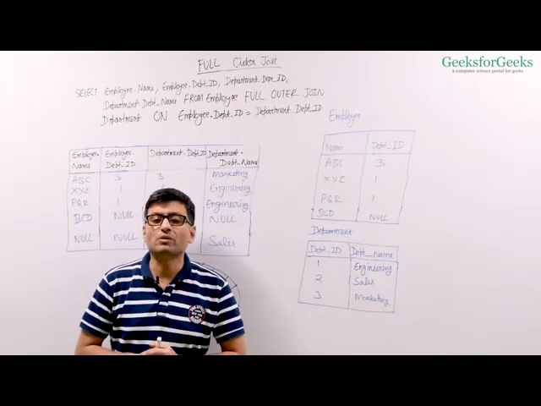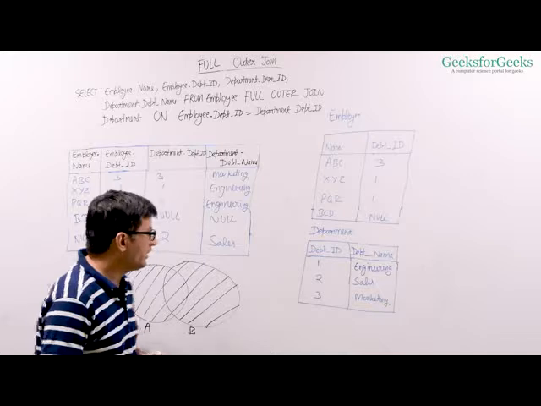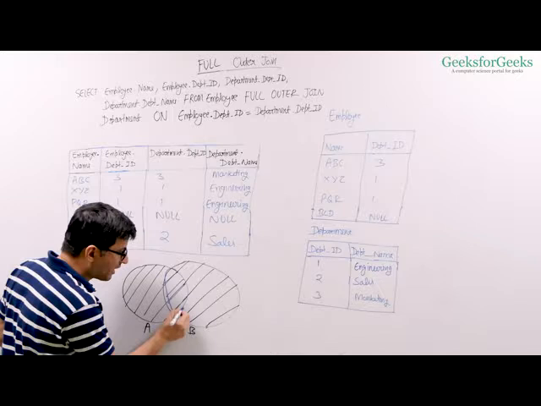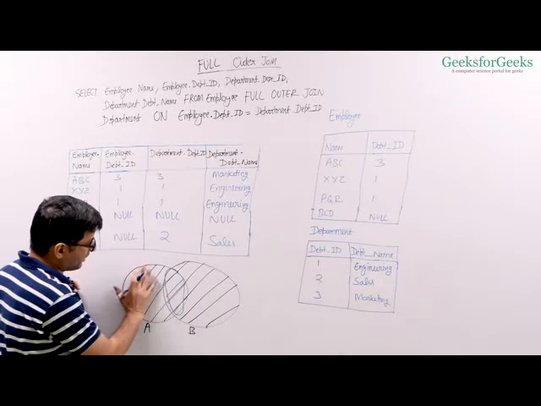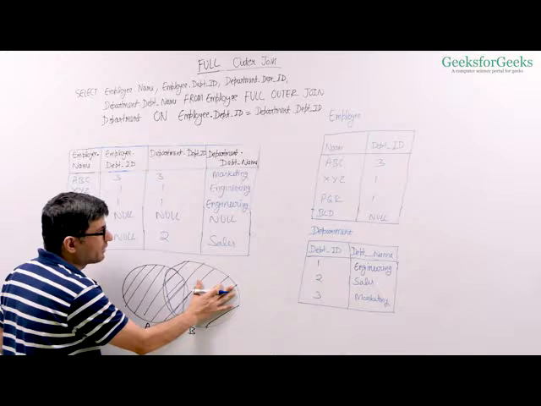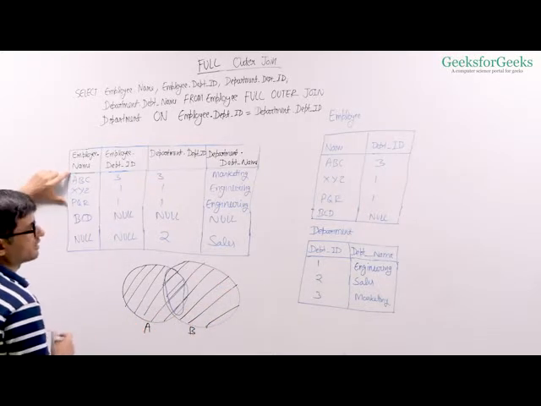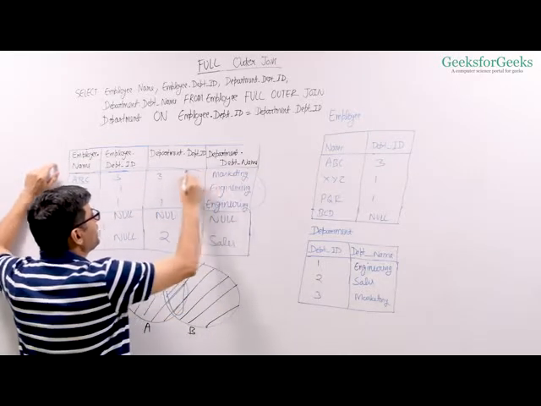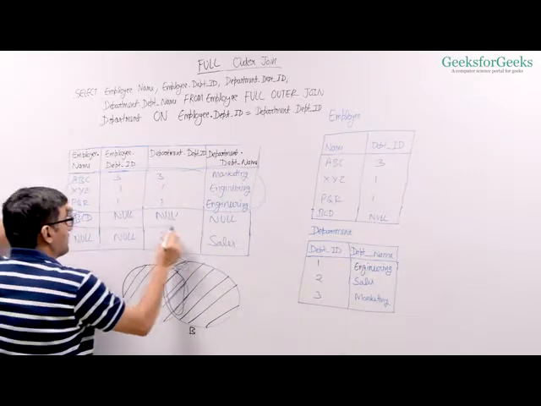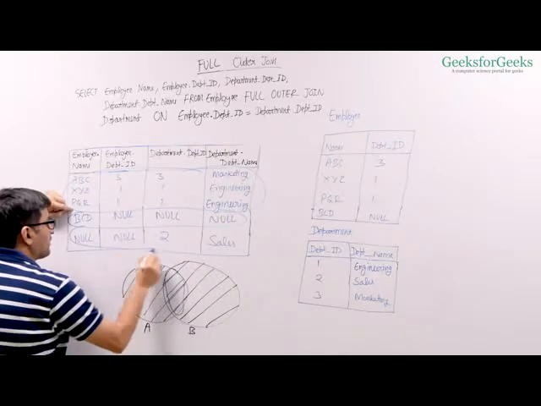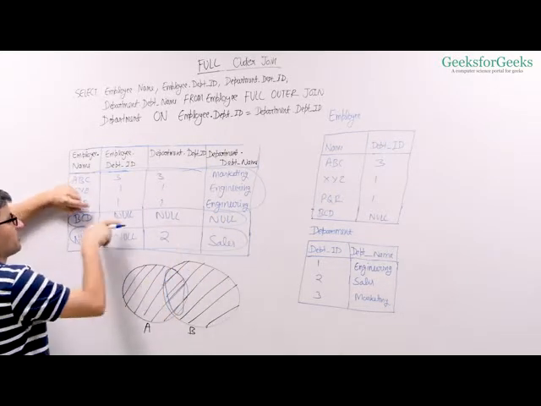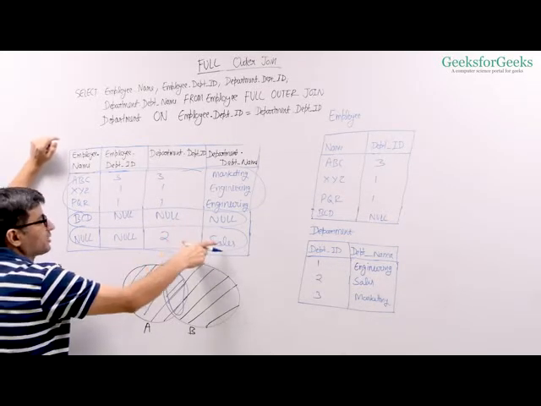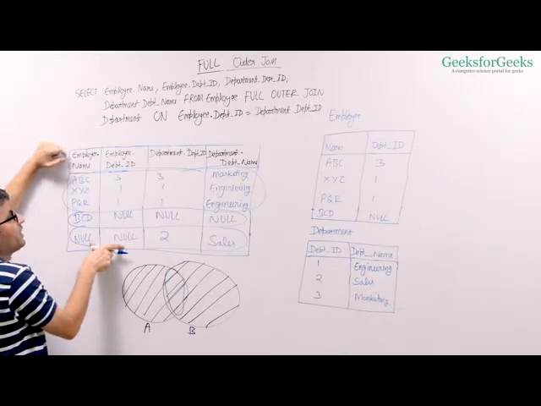Let us now talk about full outer join. So full outer join has the attributes which satisfy the constraint, which are the intersection part, and all the remaining attributes of table A and all the remaining attributes of table B. So that is what I have written as a result. You have these 3 attributes that follow the constraint, then you have remaining attributes of table A, then you have remaining attributes of table B. So when you put remaining attributes of table A, you put null in the table B part. When you put remaining attributes of table B, you put null in the table A part.